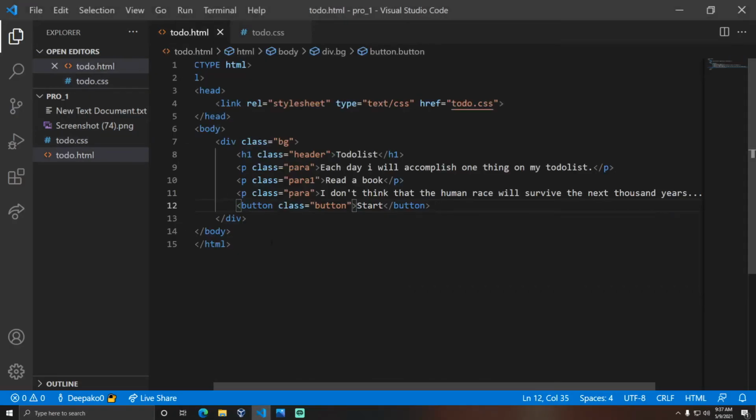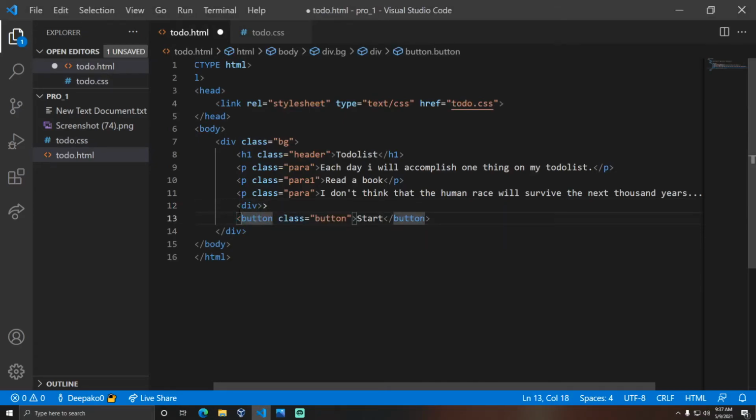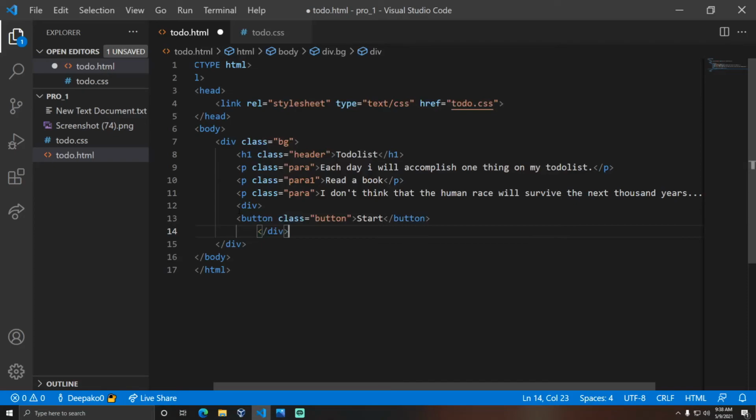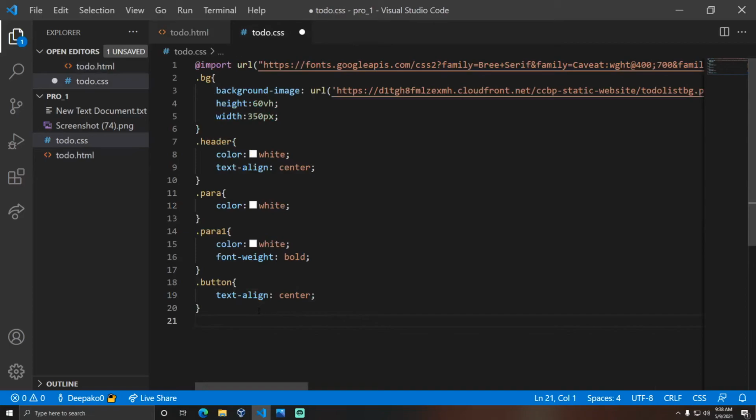So for now, in order to centerize a button, you need to put that button in a separate container element, and you need to center that container so that the button will be centered.